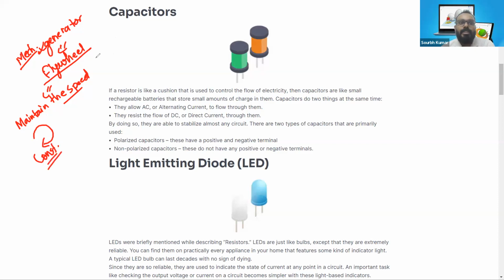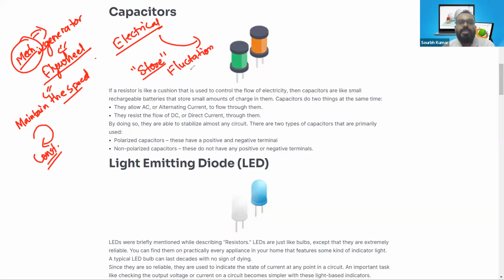Similar thing happens in the generator. The concept of a generator is all about mechanical, but if we talk about the electrical stuff, the same concept goes with the capacitor as well. Capacitors are known as the keepers of charge, or they are used to store the charge in an electrical circuit. So whenever any fluctuation happens, because fluctuation happens, like we all know, in our home we are